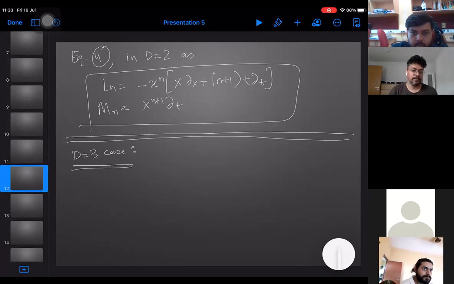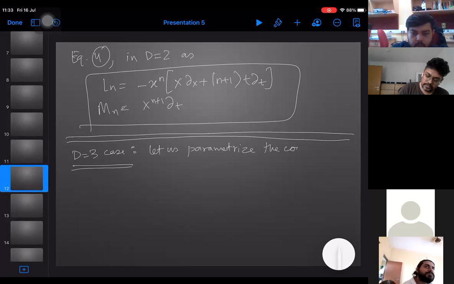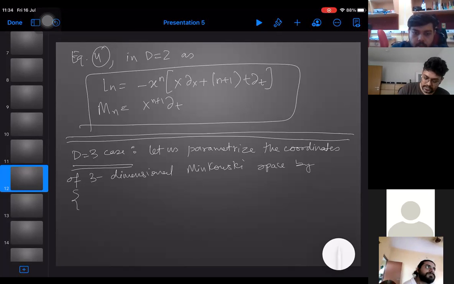In this case, let us parameterize the coordinates of 3-dimensional Minkowski space by t, x, and y. We have 3 of them, and define new generators as,